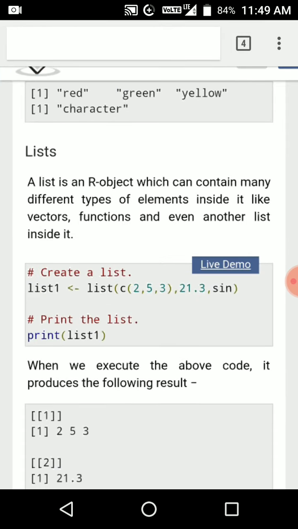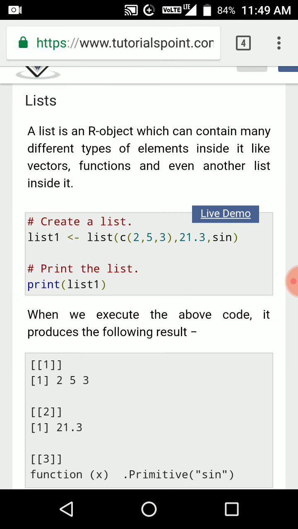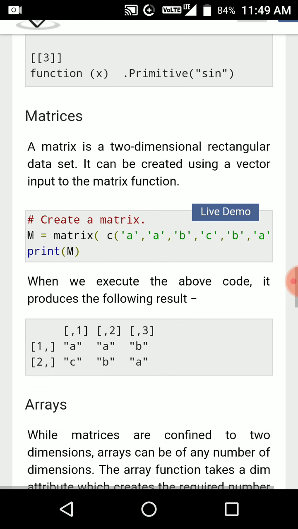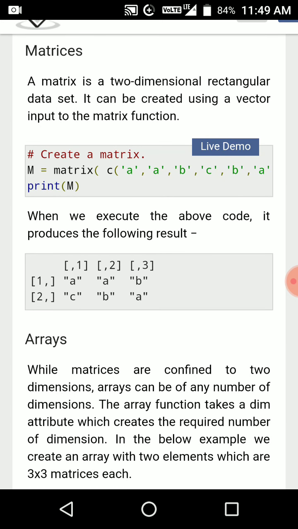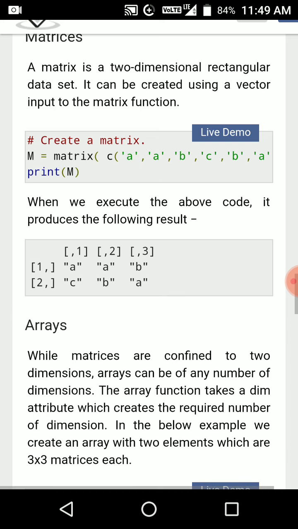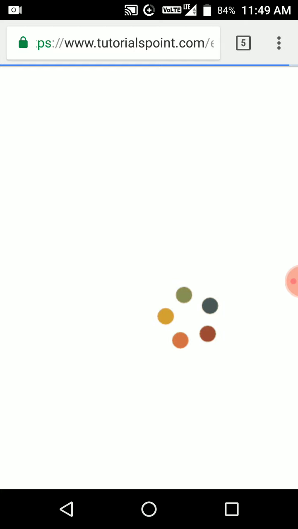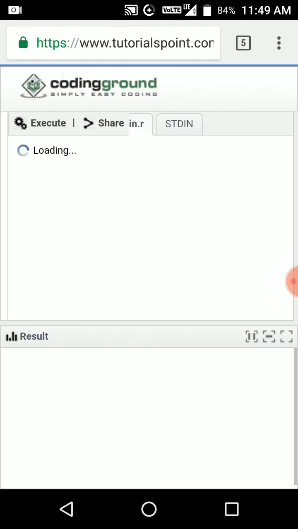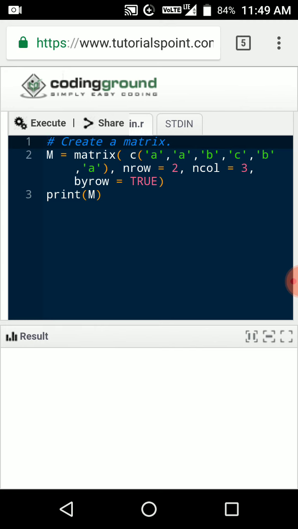Coming to the matrix, I explained this in the previous video too, and I am executing it. Here we have the matrix function.